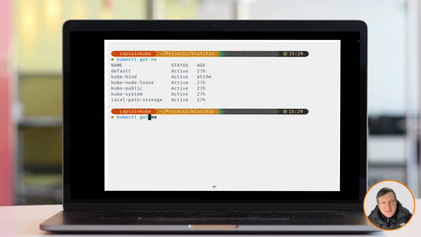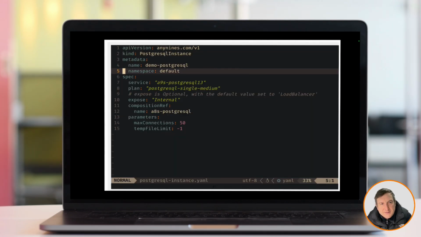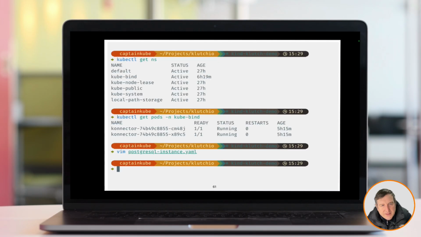Here is a Kubernetes cluster. You can see the Klutch connector, which is the Klutch client, running in an application cluster. And then you create a Postgres instance, similar to what we've seen earlier. Here, a few custom parameters are used. For example, max connections. A service plan is changed, and an attribute is changed from 50 to 20 connections. Well, apply the service instance, the YAML spec,